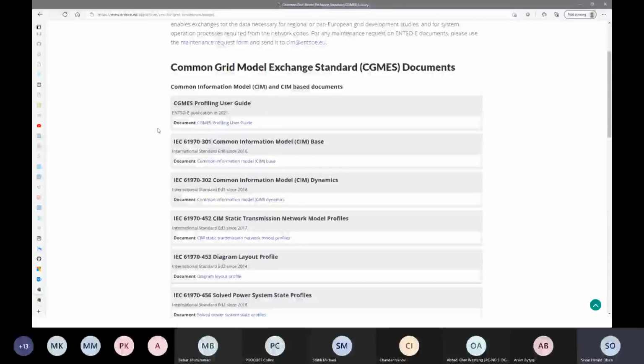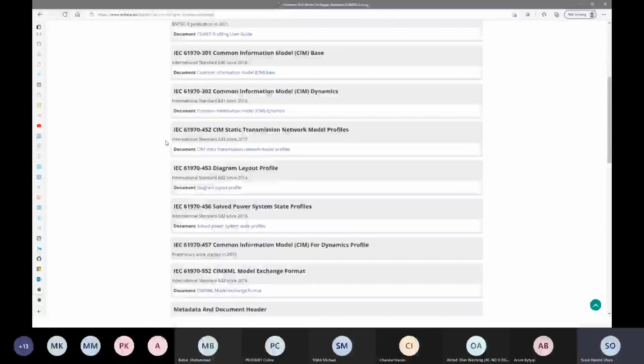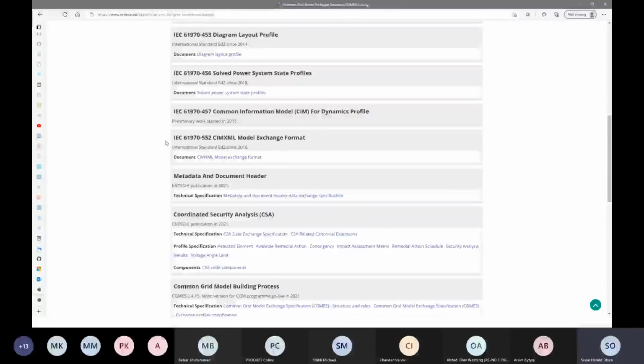And that explains how we are using the CIM context to create the profiles. You also have the link to all the IEC standards. And we also published a little bit of a roadmap for what we are considering as additional stuff for the metadata and the header of the files.